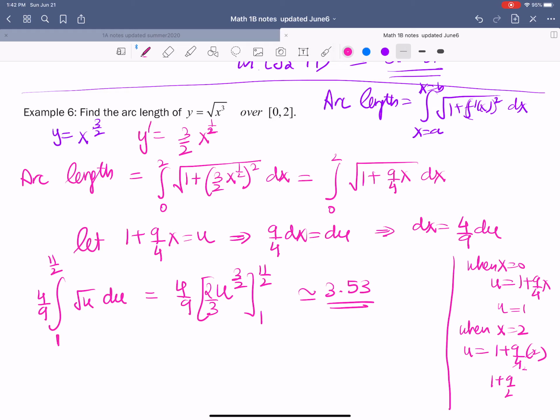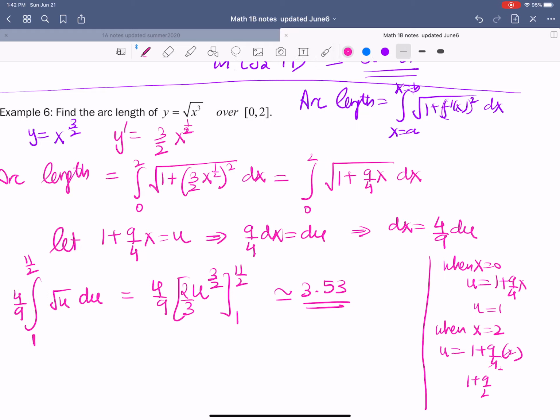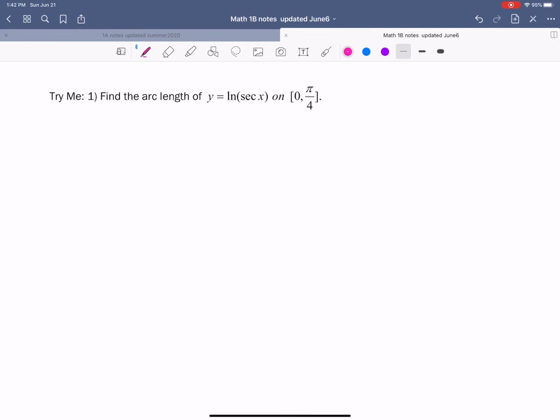Okay, there are 2 try me problems on the next page. Pause for a minute, give it a try, evaluate the arc lengths, and then come back, match, and check with me. Okay, so pause the video here and find the arc length. y is a function of x, so arc length would be equal to the integral from x equals a to,